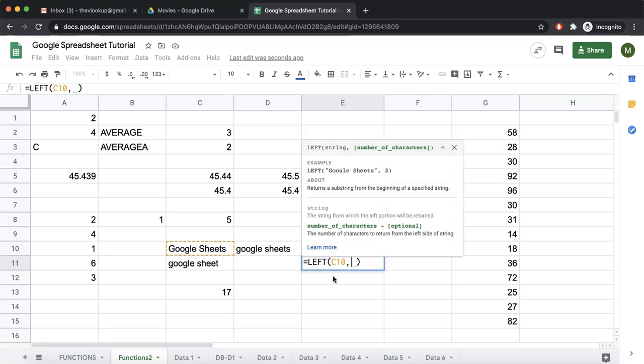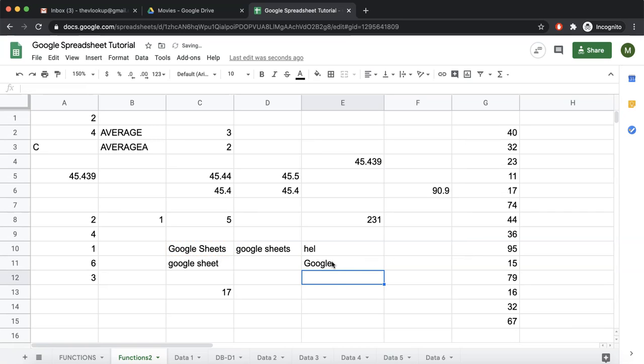For example, if I made it 7, it still gives Google, although for you it seems like Google has only 6 characters, but this is returning Google plus space. You cannot see the space because that is the last character in this result, but if we change 7 to 8, we can see Google space S. So now this is a total of 8 characters.